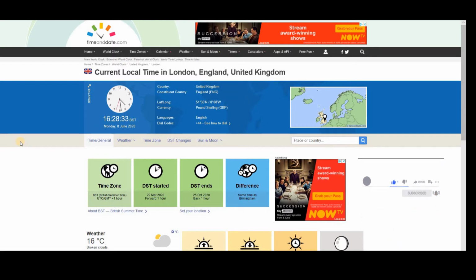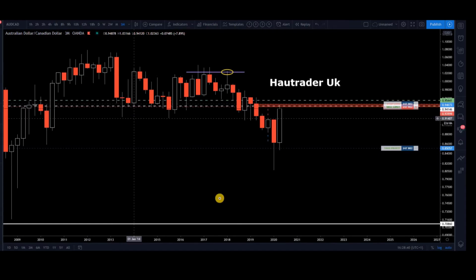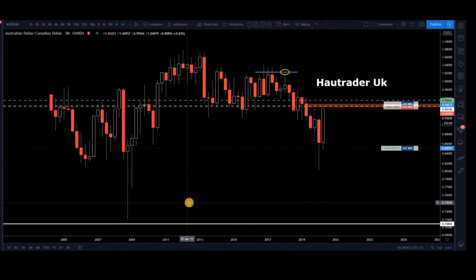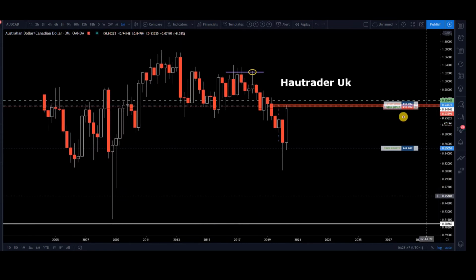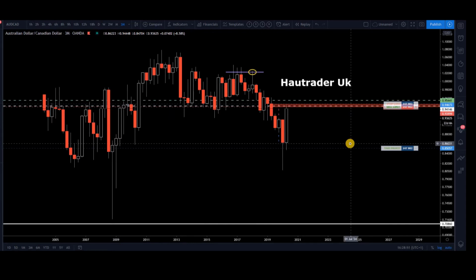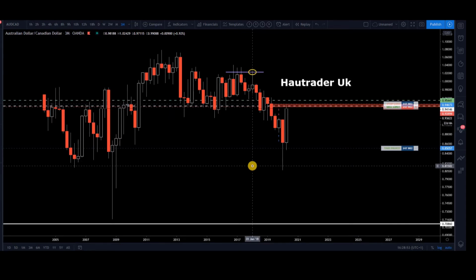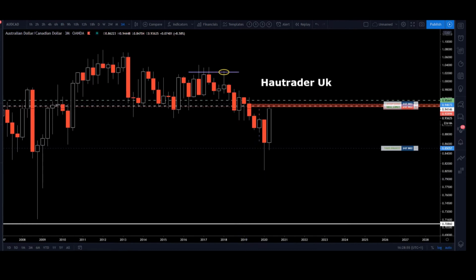Now, I'm going to jump straight across into the market because we've got an order that we've already placed, although the trade is not live. But let me just jump across to the Aussie dollar, Canadian dollar. Okay, so the Aussie CAD. This is the pair that we're looking at. And as you can see, we've already placed a limit order there, but I'll break that down in a bit more detail. But what I want to bring your attention to,